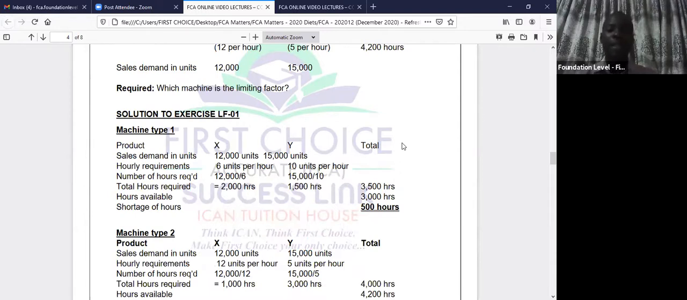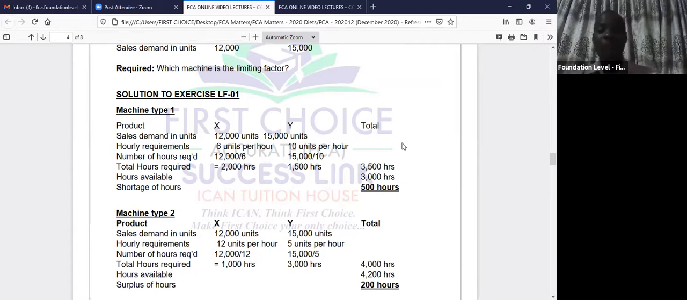You take product X and take machine type 1 and machine type 2 because we are looking for machine that is the limiting factor. What is our demand? Product X, we need 12,000 units. Product Y, we need 15,000 units. That's fine. Now it means that if 6 units of product X is passed in 1 hour,